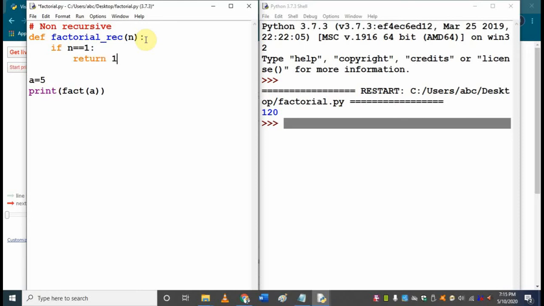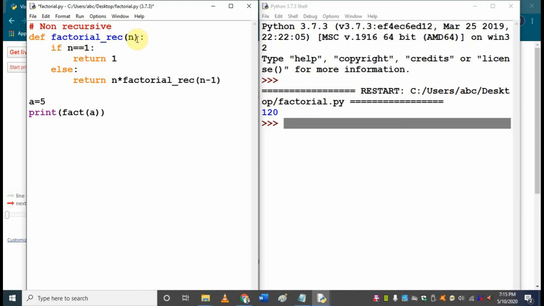Return 1. It is known to us. And then the recursive case, we have to think, if n is not 1, then what to do? We have to return n and then call that same function. What is the function name here? factorial REC of n minus 1. Hope you are getting it.